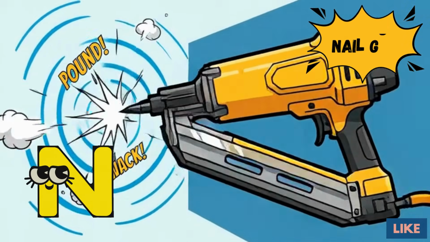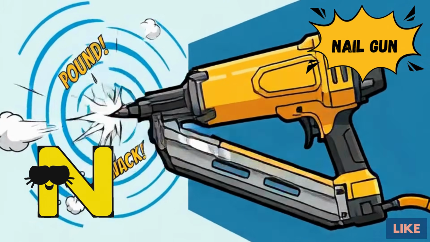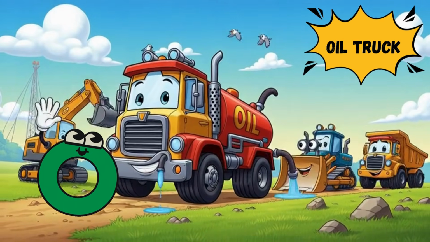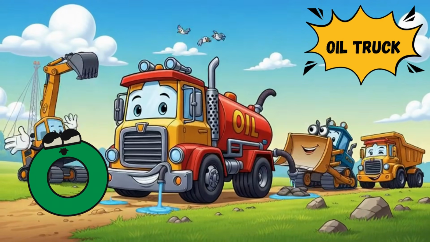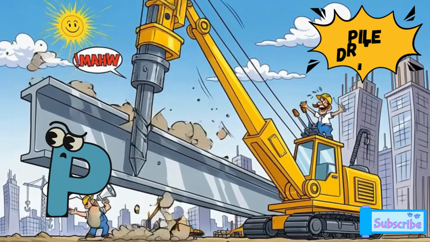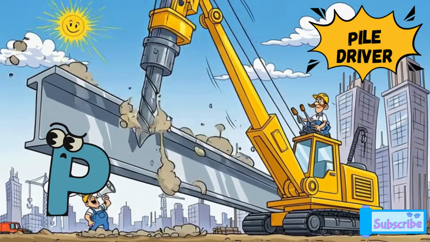N is for nail gun, nail gun, making a pounding sound. O is for oil truck, fueling the machines. P is for pile driver, pile driver, working on big